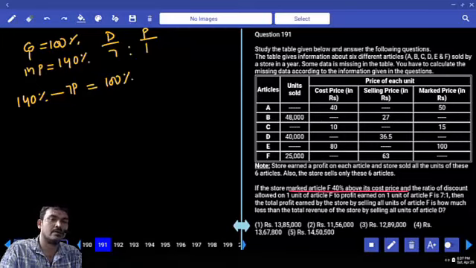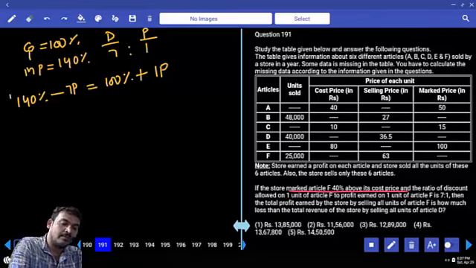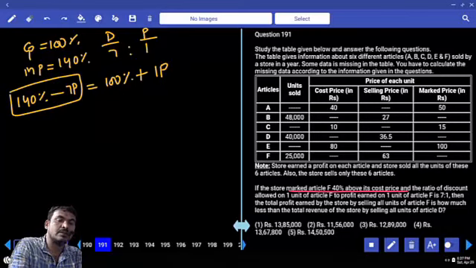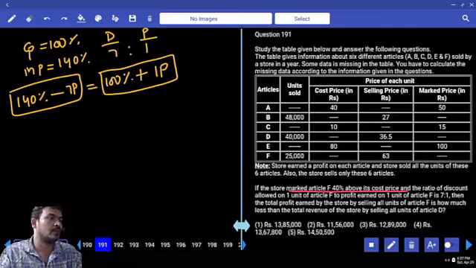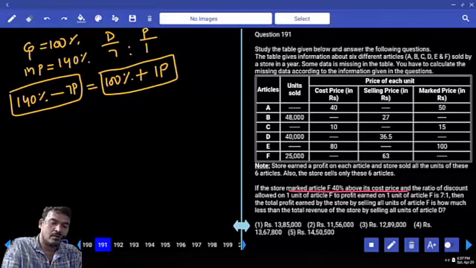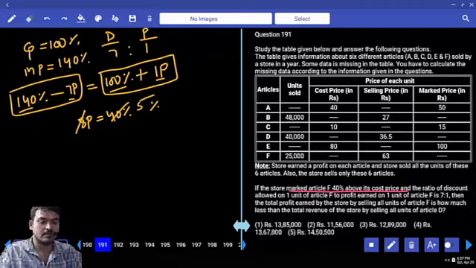That is equal to what, the cost price is? 100%. Profit is how many parts? 1 part. Cost price plus profit, we get the selling price or cost price? Selling price. Left hand side market price minus discount, right hand side cost price plus profit. Both are equal selling prices. What is the difference between 140 and 100? 40%. 7 plus 1, 8. 8 parts equal to how much? 40%. Then every 1 part is 5%.